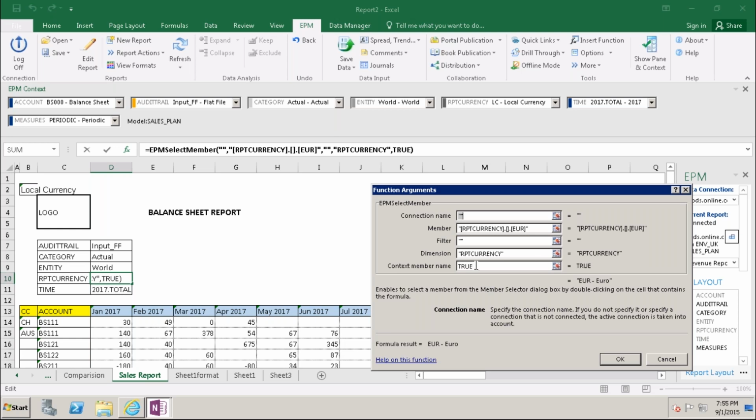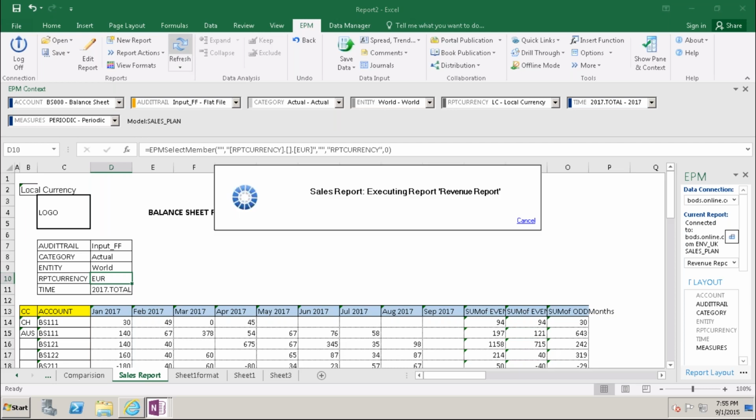Connection name, context member name is 0, okay.